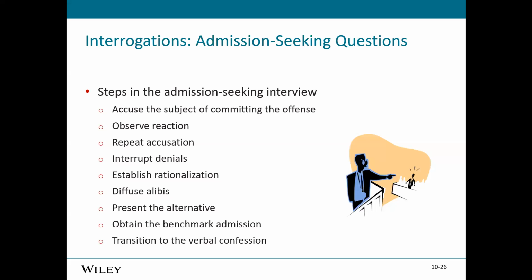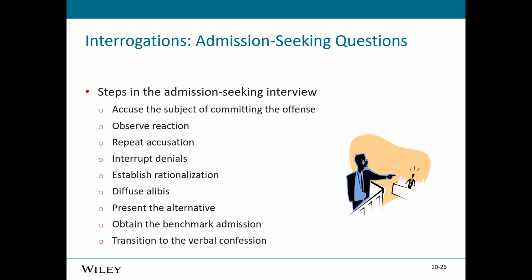It's important in these instances, where they're denying their responsibility, that we interrupt those denials, because when they ultimately confess, they're also now admitting they were lying when they provided their denial. We don't want them to have to say, yeah, I did this fraud and I just lied to you. So we want to interrupt those denials so that they don't also have to admit to lying to you just a few minutes ago. It's going to make it easier for them to confess if you interrupt those denials and don't let them provide you with their justification.